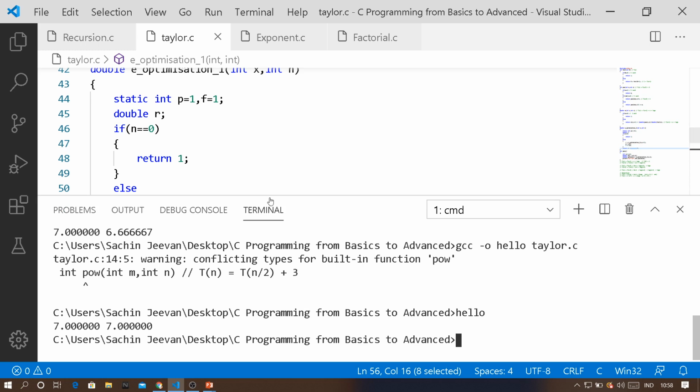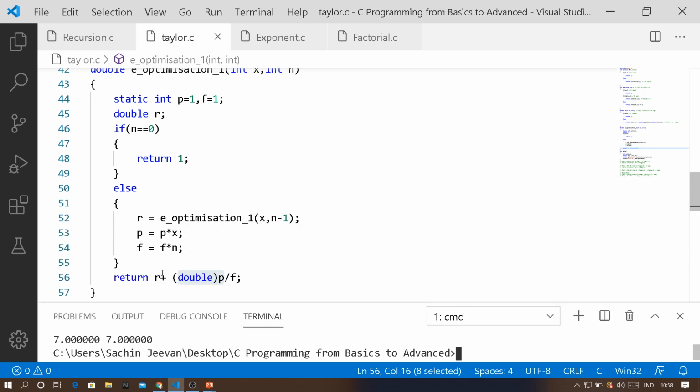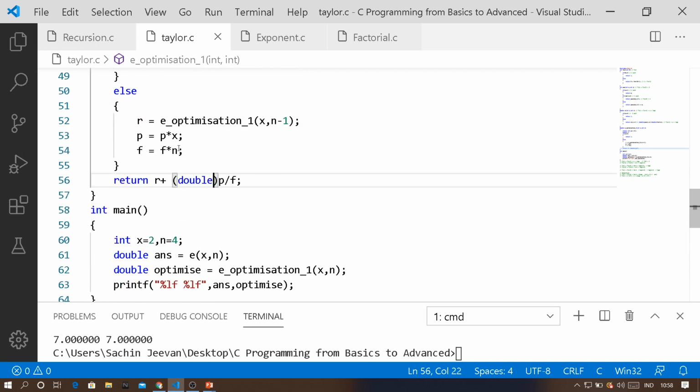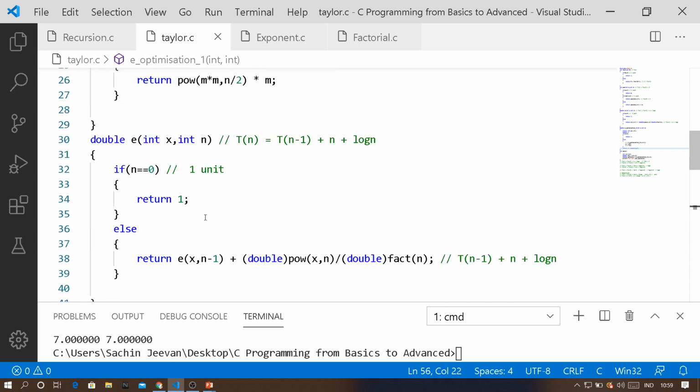The reason is that when your R value is an integer, then when you're adding, the decimal points you're getting there will cause some conflict, because when you want an exact double answer, all the variables involved have to be double. That is one reason why we are typecasting P into double. After changing R into double, we are getting the right answer. Both the methods are producing the same answer.